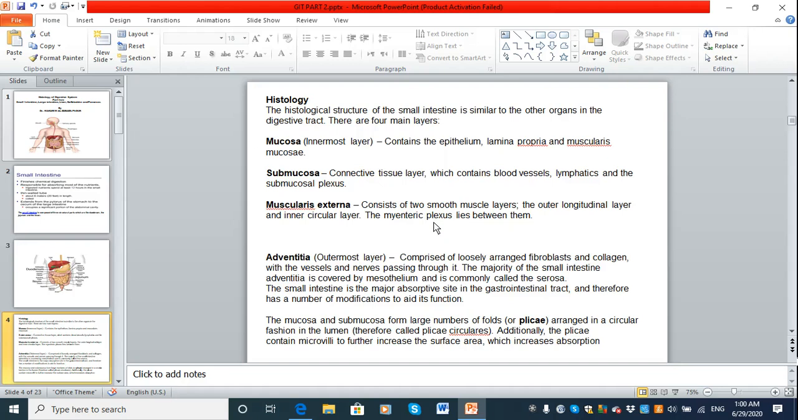Histologically, the whole digestive tract has four main layers. I will start from the innermost layer to the outer. The innermost layer is the mucosa. It contains epithelium, lamina propria, and muscularis mucosa. The submucosa contains a connective tissue layer, and keep in mind, if it is connective tissue, that means it has blood vessels, lymphatics, and also